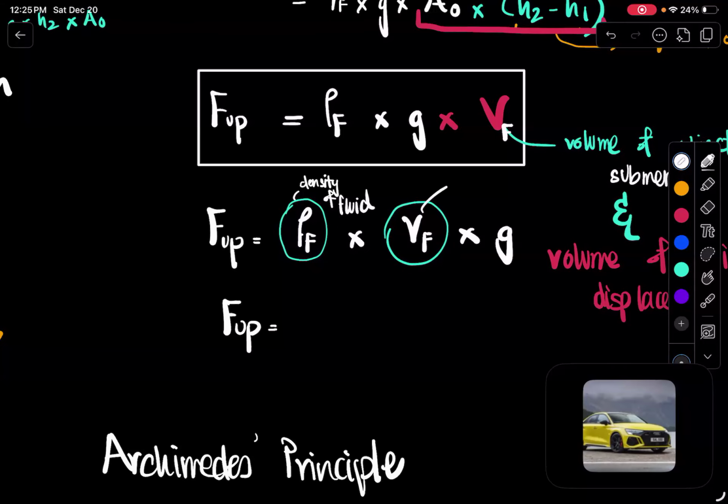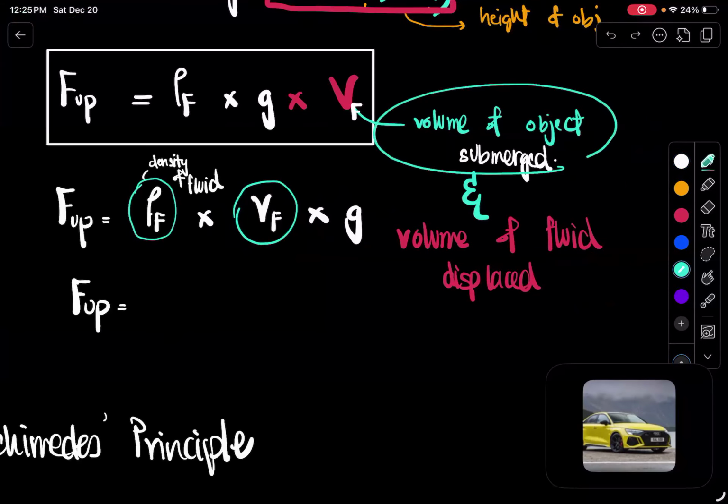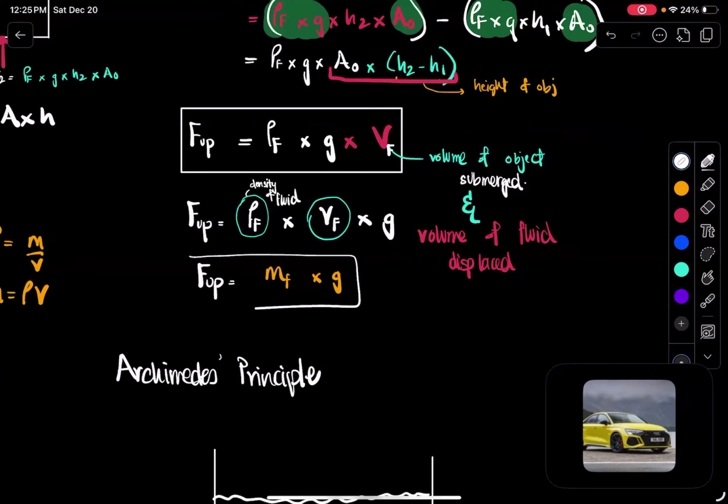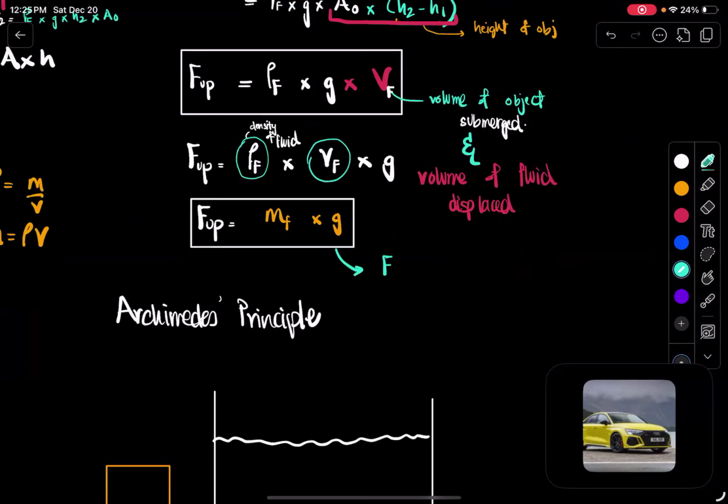And what was Vf? That was the volume of the object that was submerged, or it was the volume of the water that was displaced. So doesn't that mean density times volume is basically the mass of the fluid, times g? So that means another thing, this is Archimedes' principle: the upthrust, F up, is equal to the weight. F is equal to mg, right? Weight is equal to mg. F upthrust is equal to the weight